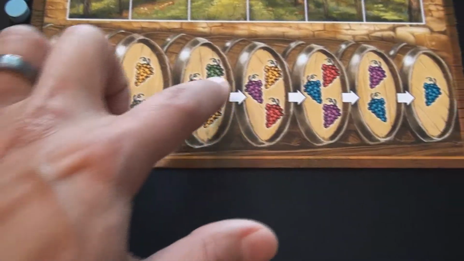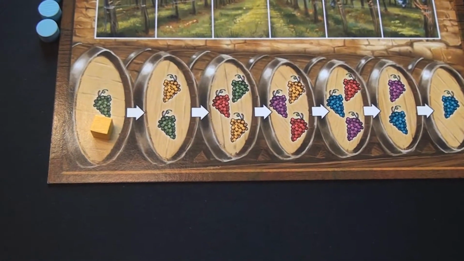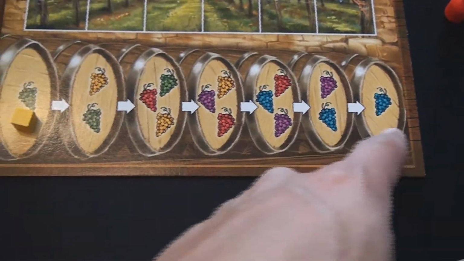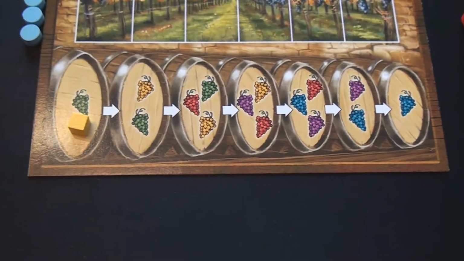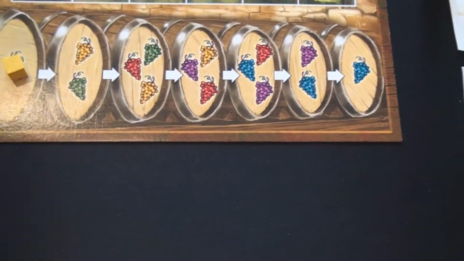Gamays right here in the first 3 barrels are pretty much ripe and ready to sell as soon as you harvest them. However, Pinots that you see here have various different stages they have to go through before they become accessible and have aged enough in order to sell. At the end of every turn, everything in your barrels, no matter where they are, will move 1 stage